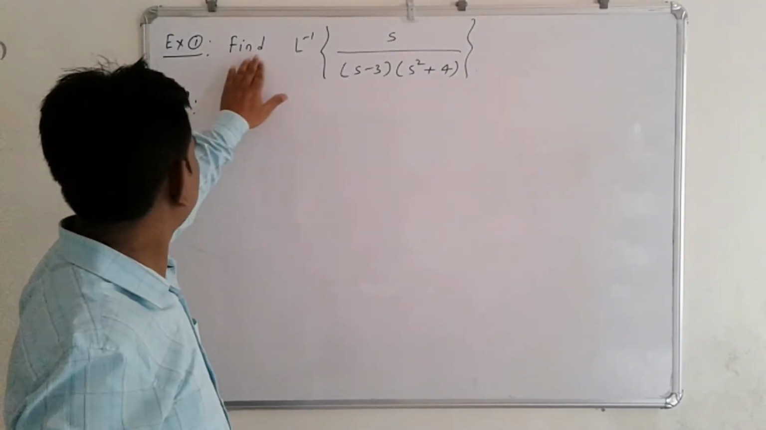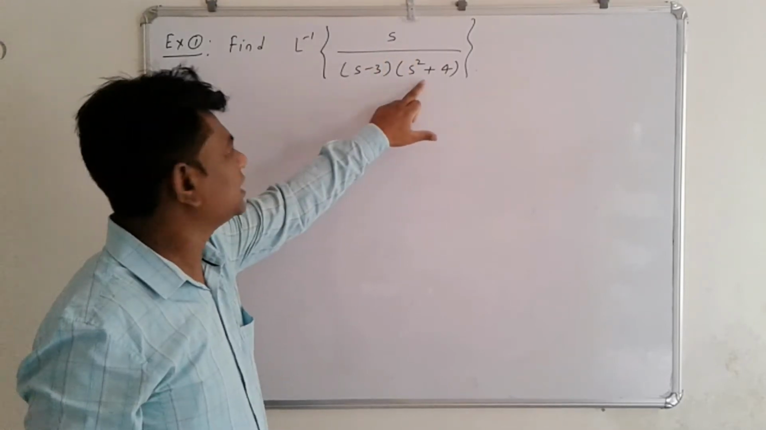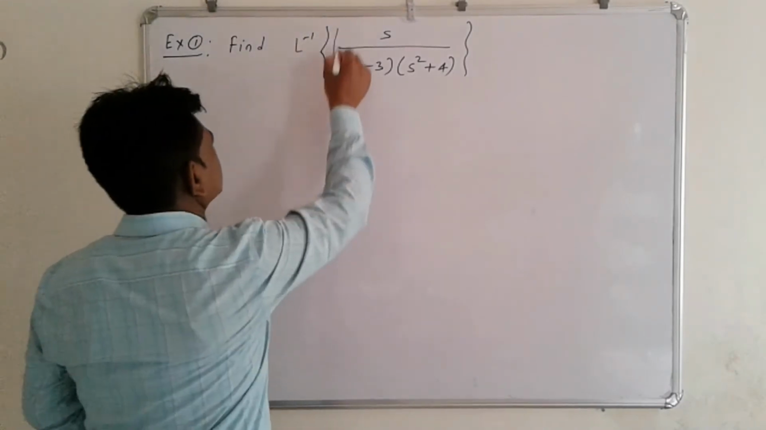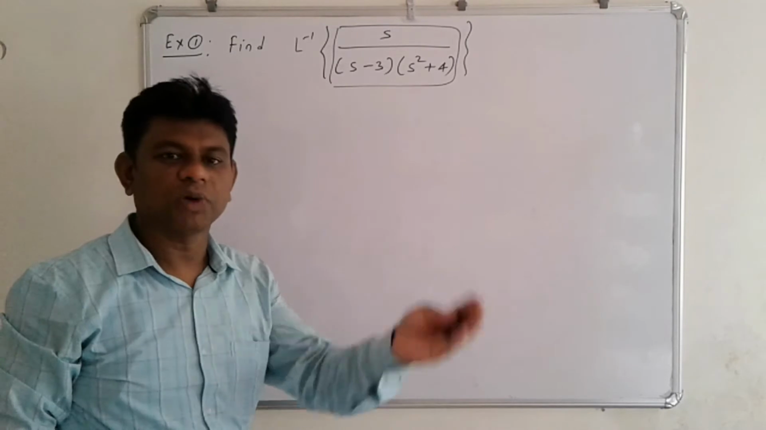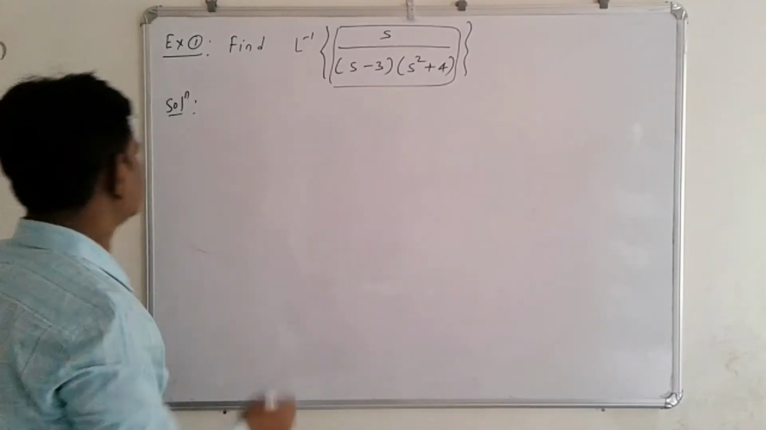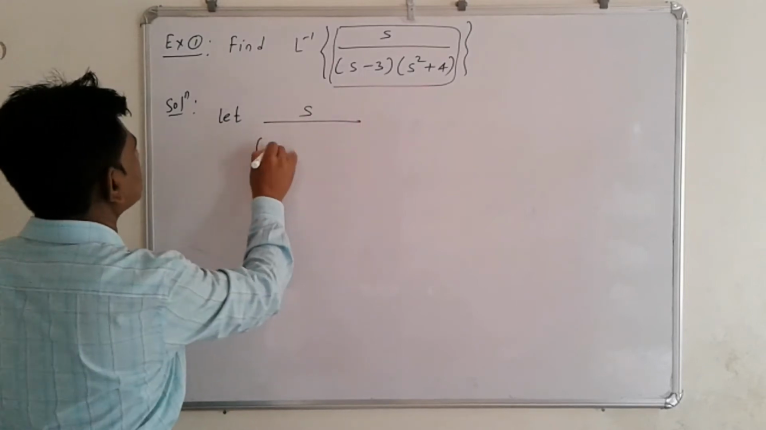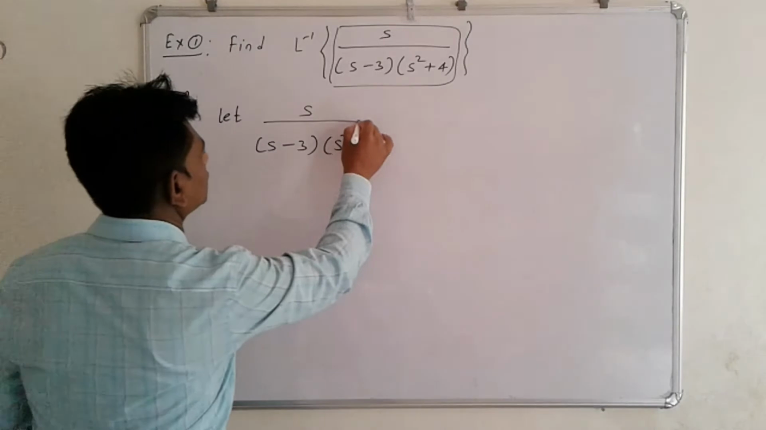Now example 1, find inverse Laplace transform of s upon (s minus 3) times (s square plus 4). Now we resolve this fraction s upon (s minus 3) times (s square plus 4) into partial fractions, means simple fractions. Let s upon (s minus 3)(s square plus 4)